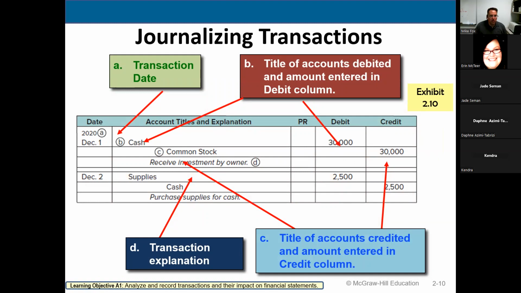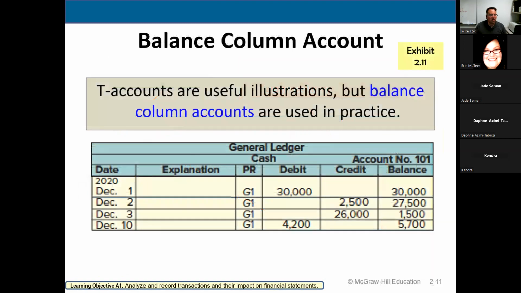And in the olden days, they recorded these by hand in a book. Now we have software that does most of the heavy lifting for us. And this is called a ledger. Earlier I showed you a T account ledger, which is one way of tracking the debit and credit balances of the account. And this is another type of ledger where it shows the transactions, the debit, and then the balance.